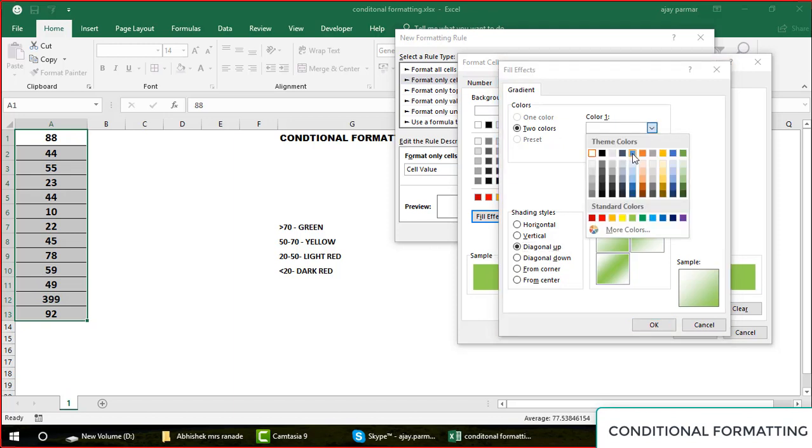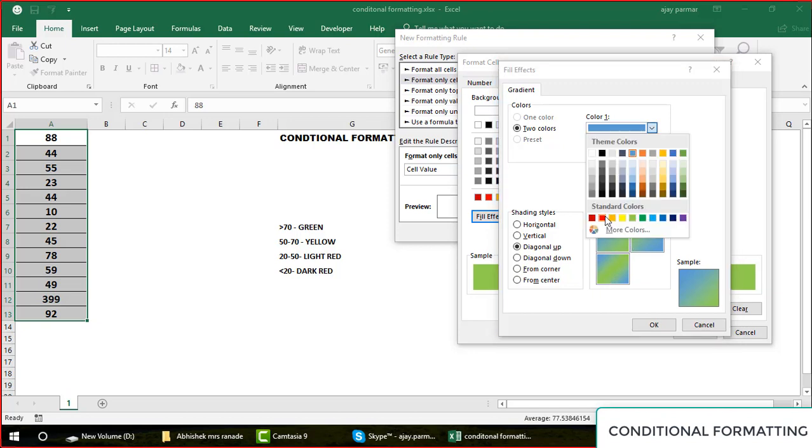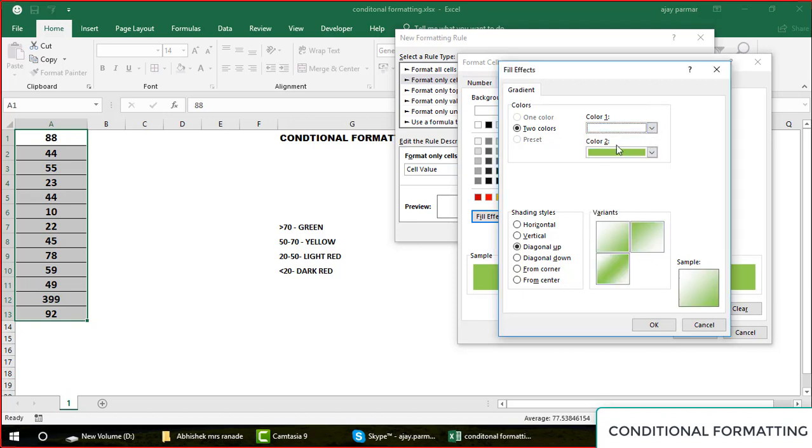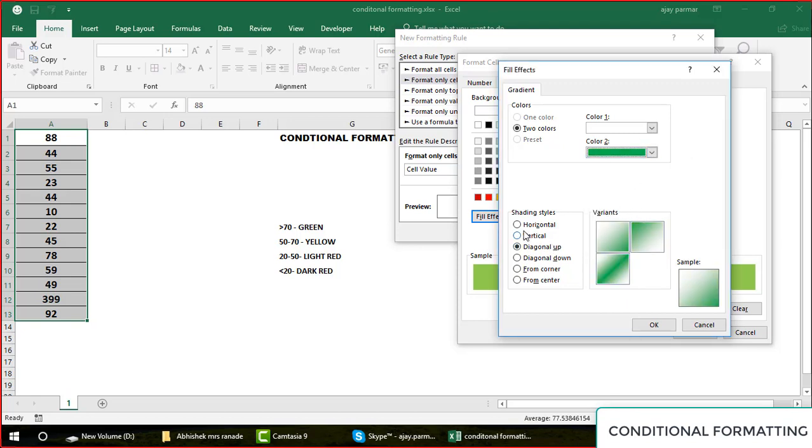For example, you want to make a combination of this. You can see that this is how the combination looks. So this thing I leave to you, how you want to go and do it. By default this remains as white, and then color 2. So for color 2 I'm going to create a light green, or maybe we can create the dark green also. You can see dark green also coming like this, right?